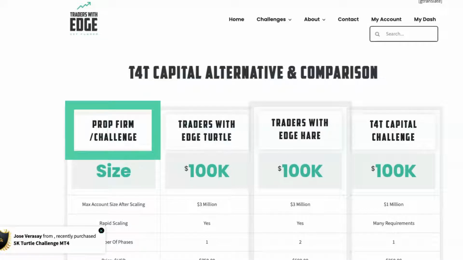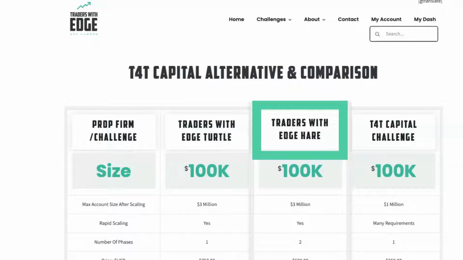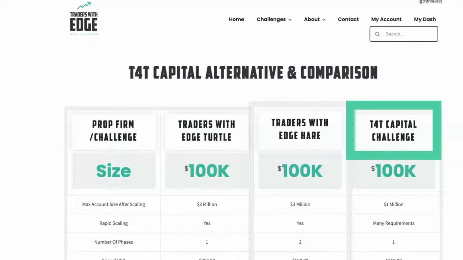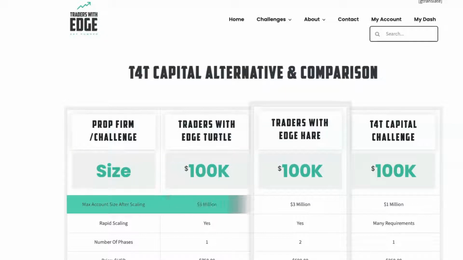Up the top, you'll see we've got the prop firm and the challenge type. We've got Traders with Edge Turtle, the Traders with Edge Hare, and the T4T Capital Challenge. The size of the accounts is 100K, so we're comparing apples with apples. Now, the maximum account size after scaling is $3 million on Traders with Edge, and it's $1 million at T4T